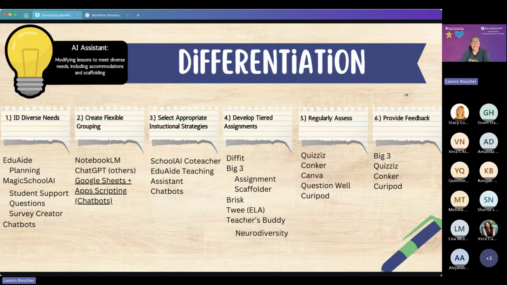There is a website called Diffit, which I'm sure we're all familiar with. You do eventually hit a paywall with Diffit, but what I really love is the fact that this is one of the few tools that doesn't make you do a full year's subscription. You can do month by month.